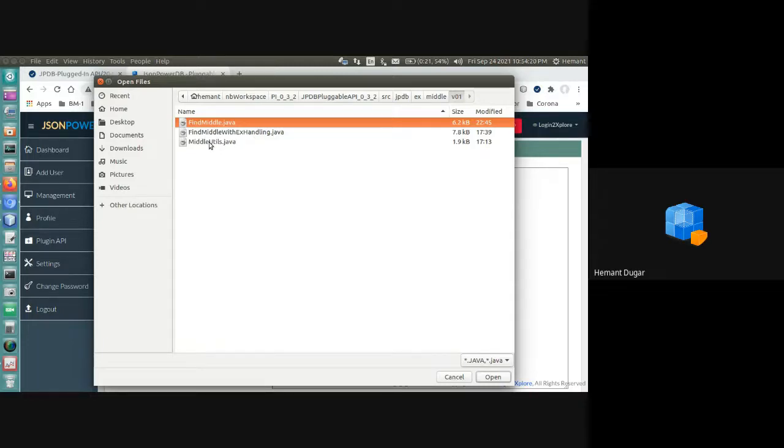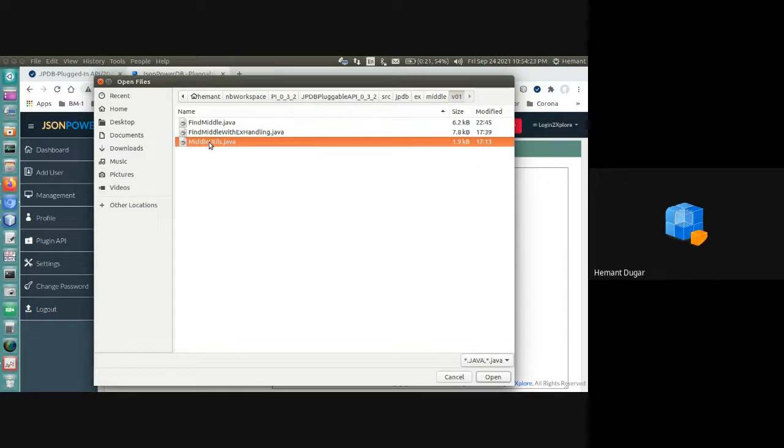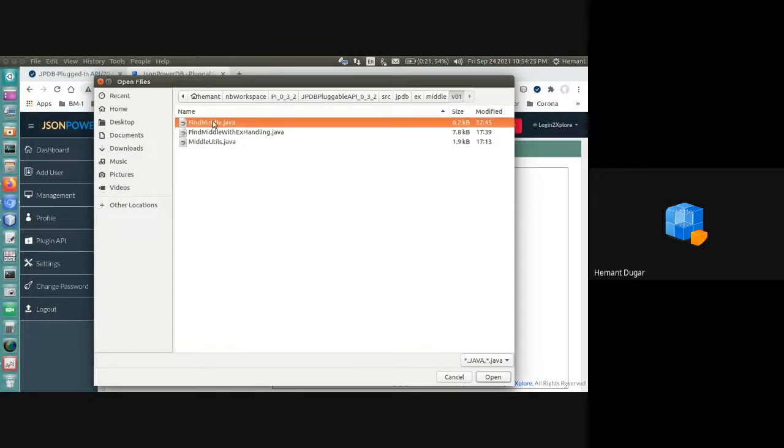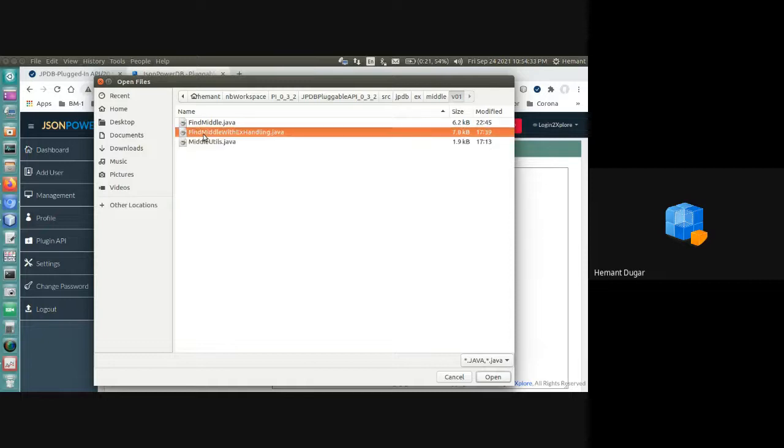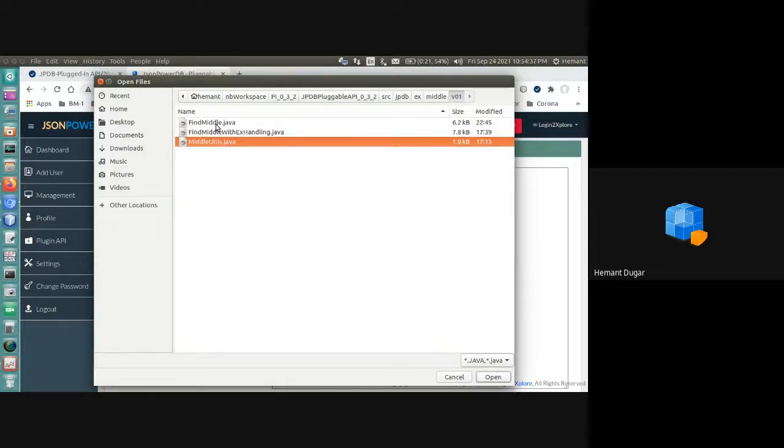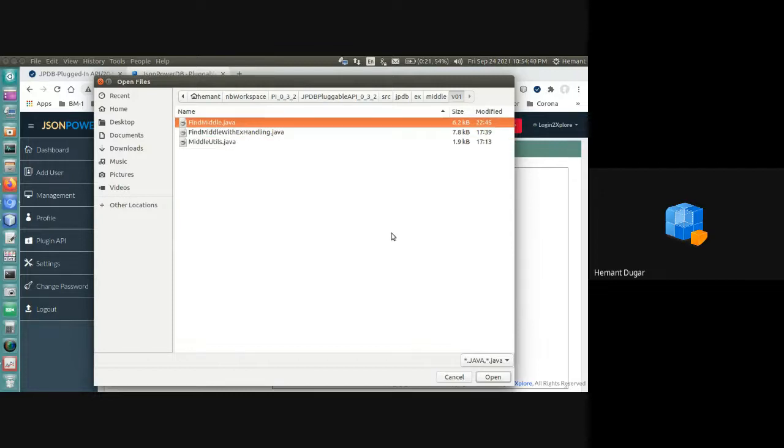And find util, because find util is also part of this, because there is a call from find middle to find utils. But find utils is already at this server because I have already plugged in this particular API. So that's why it is present there. So I just plug in find middle.